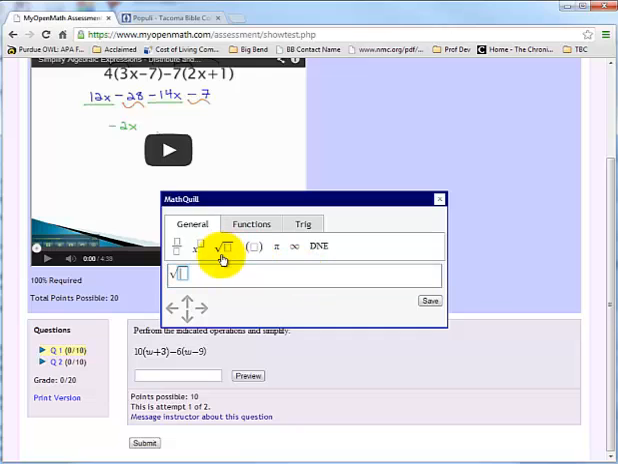I could even type in a square root. Maybe the square root of 3. I can type in pi. So you can use this to make it look like you exactly want it to look like. Under functions, there's some more advanced stuff. The nth root is one we'll use. So you can do a third root, or you can do a fifth root of 2x plus 1. You can just use this to kind of help create